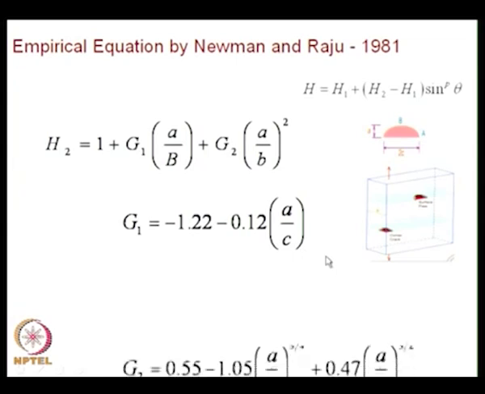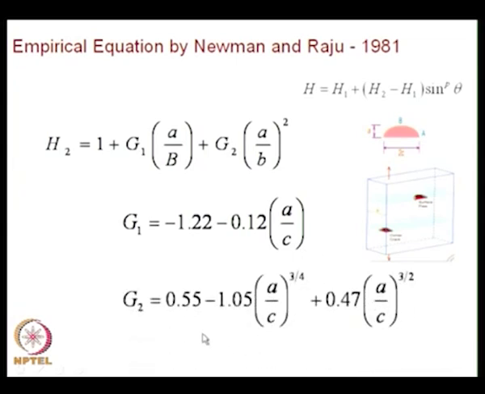Then the function g2 is given as 0.55 minus 1.05 multiplied by a by c whole power 3 by 4 plus 0.47 a by c whole power 3 by 2. This completes the definition of the components consisting of the empirical relation,